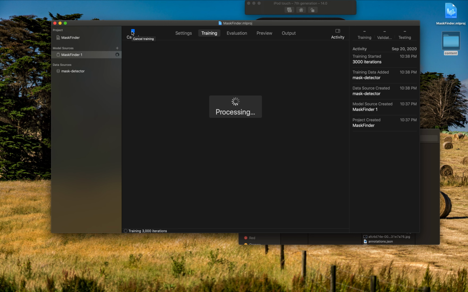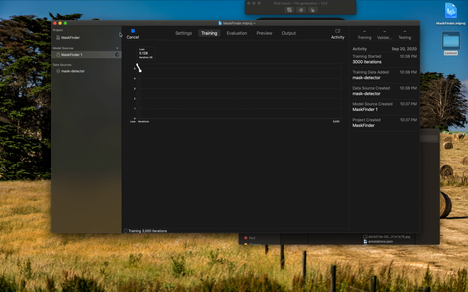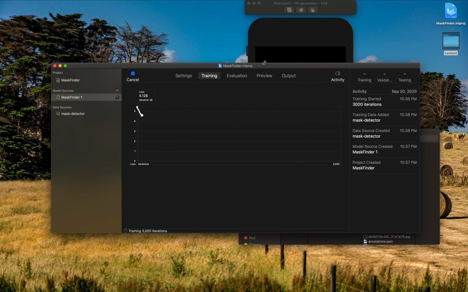So you have to click on this button to start the training. So I will click train, and now you can see it is processing. Here, the more data you give, the more time it will take to train the complete model. So if I do everything in this video, it will basically take a lot of time. You can see here it is going to do 3000 iterations, and now you can see it has just done this much after starting. So we will keep this in the background, and we will see what I have already created before creating this video.